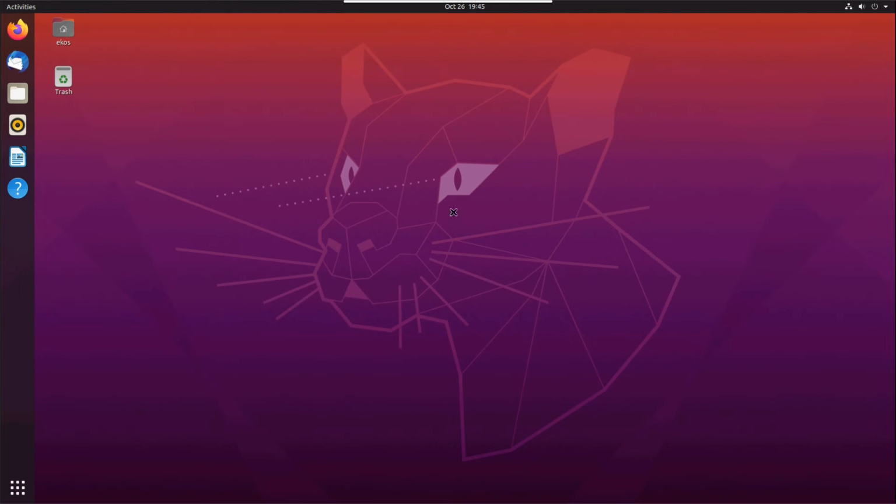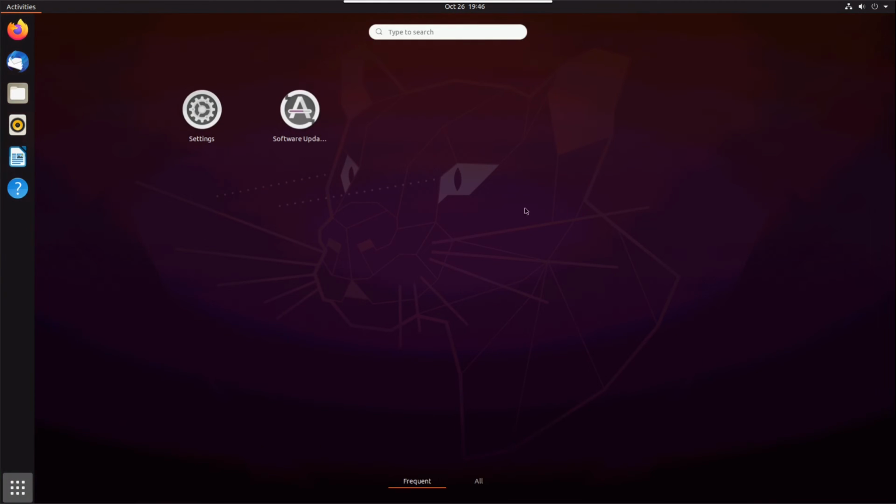So as you see, I am under an X11 desktop display, and everything here on the Raspberry Pi is working. Now, I don't want to go into the details of using Ubuntu, but there are various things that you can do. For instance, you could bring up your applications, bring up all your applications,